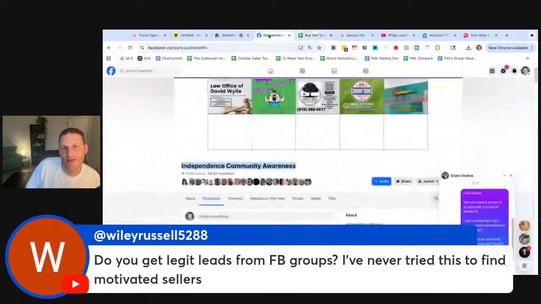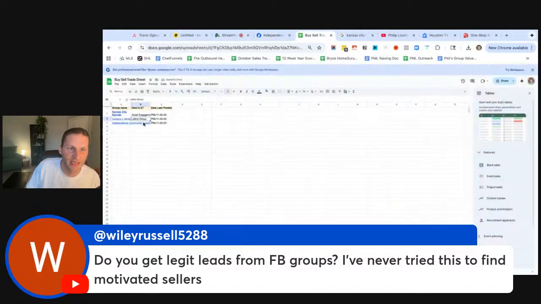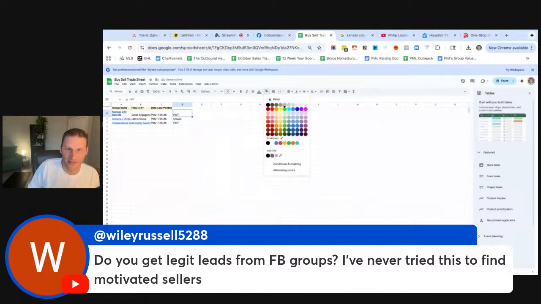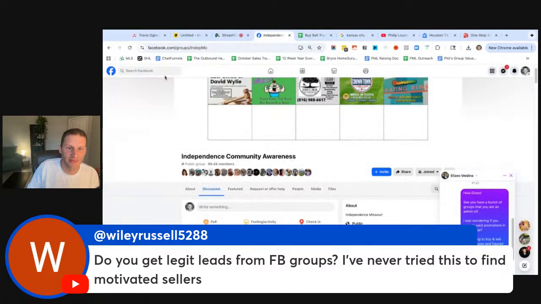And then let's do 2 more. I can have some sort of scale, like a drop down, whatever. It's just to rank them based off of how good they are. So obviously make it prettier than this, but cool. So that's another one. Yeah, Kansas community awareness groups.